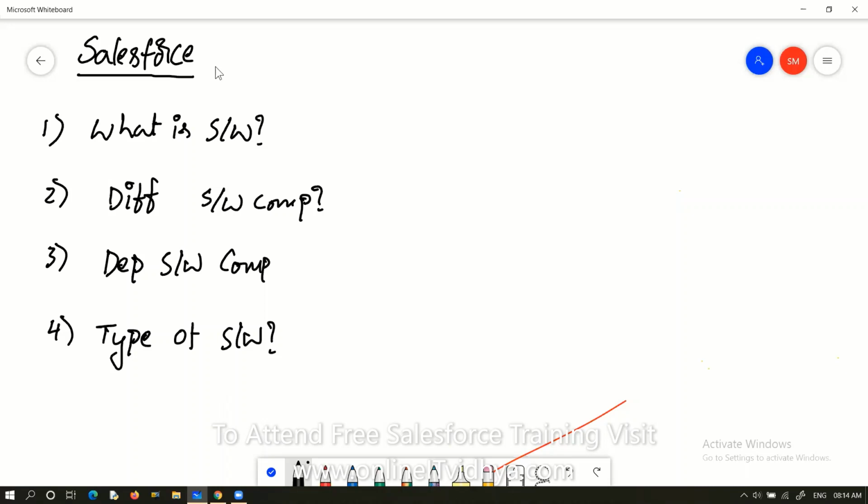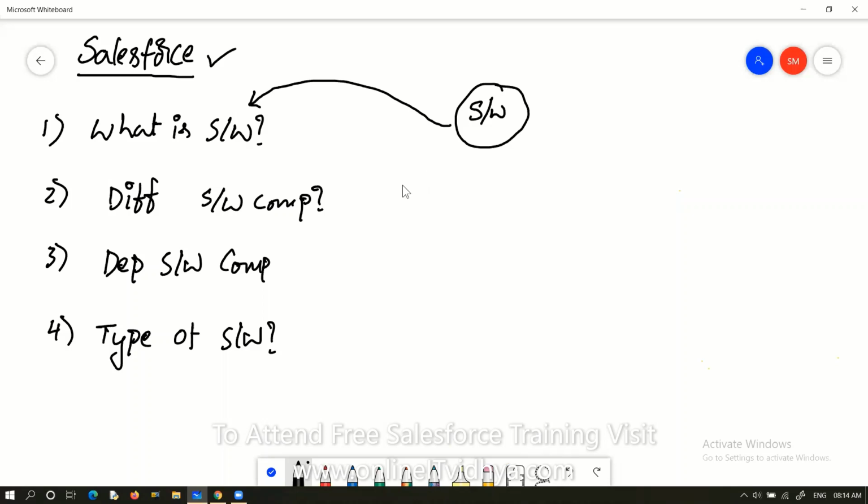Why? Because maybe you have heard about Java, or .NET, or Python. In a similar way, Salesforce is also one of the software technologies. So what exactly can we do? In the software industry, every technology is related to software itself. Java, what can we do? We can use it to develop software. .NET, what can we do?